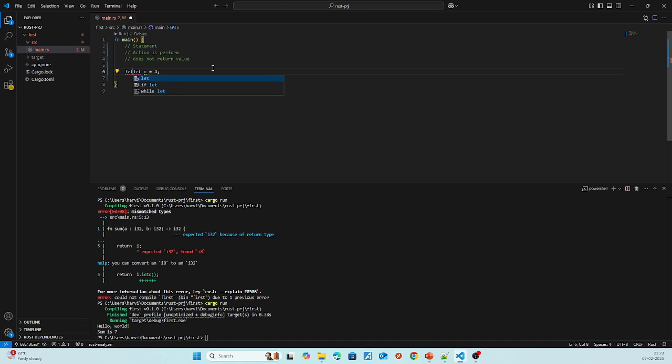Okay, if I'm trying to write it like this, let a equals to let v, this thing also does not work because this statement is not returning anything. So that's why we are calling it a statement. Now move to another thing, that is